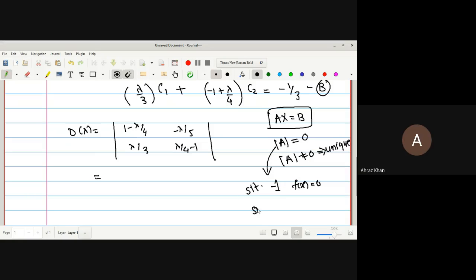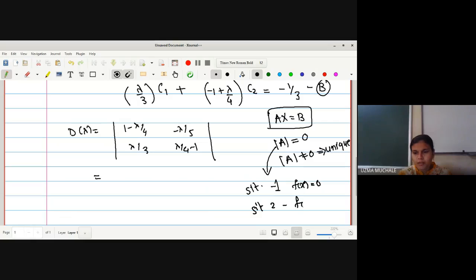Then situation, yes ma'am. We have assumed that f of x is not equal to 0, but the integration value is 0. Correct? So whenever you are going to solve this type of system, at that time you have to go through the cases. Then the coefficient matrix: if you take the determinant of the coefficient matrix, it is equal to 0 or not equal to 0. If you want to go in detail, these types of equations we have already done in BSc second year.